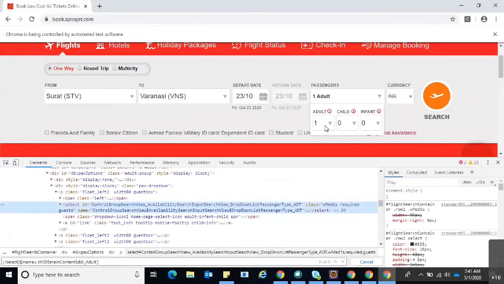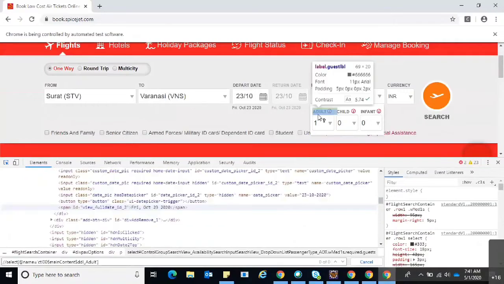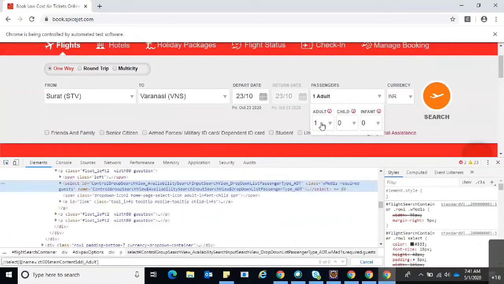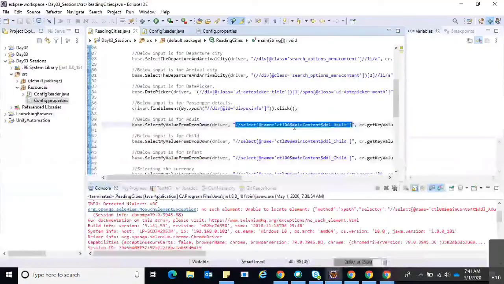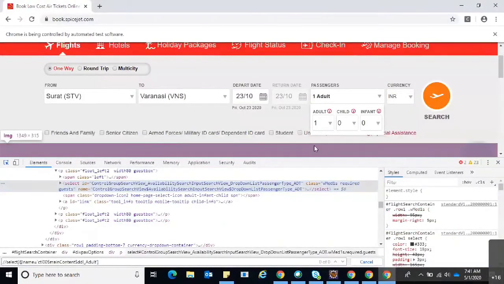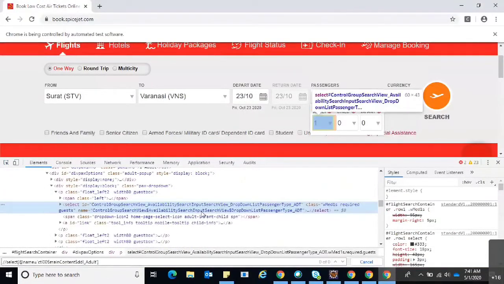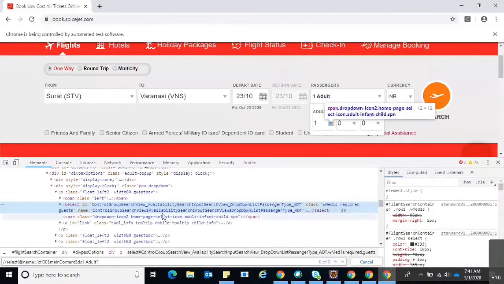See guys, earlier it worked with the previous XPath which we have used, but now the XPath which we are looking at here, it got changed. See, the name is control group search view availability search input.